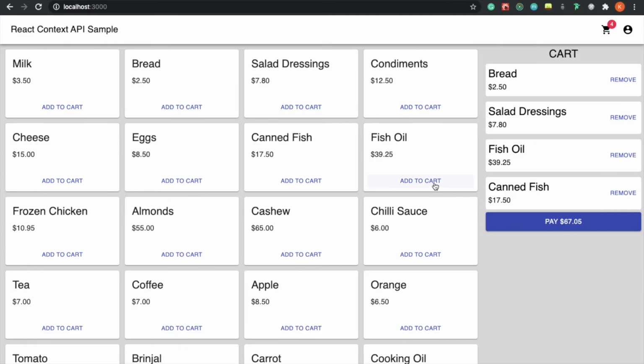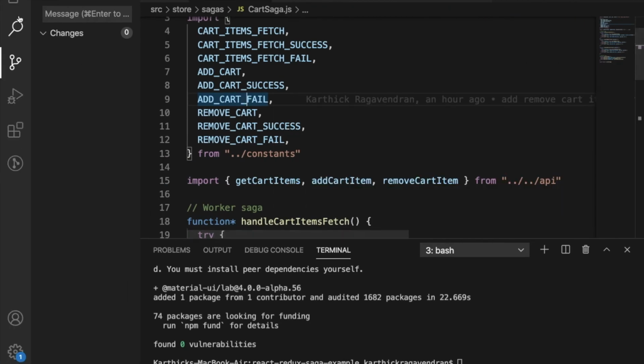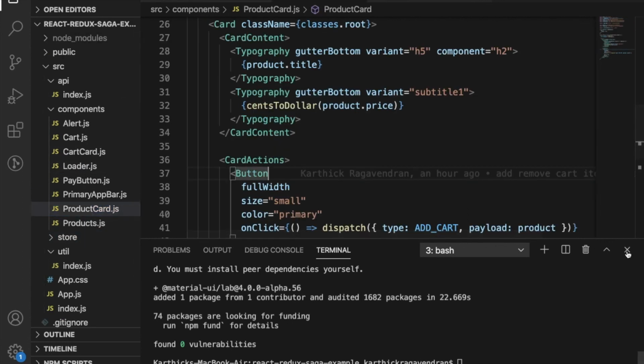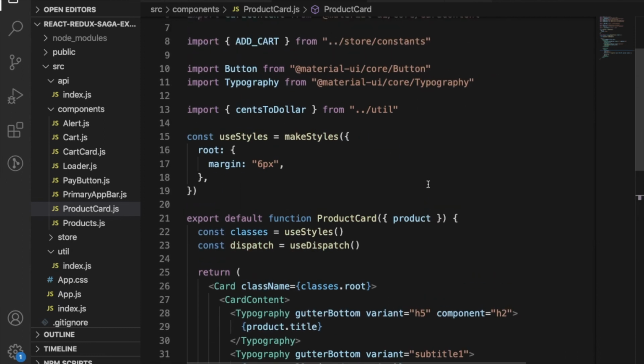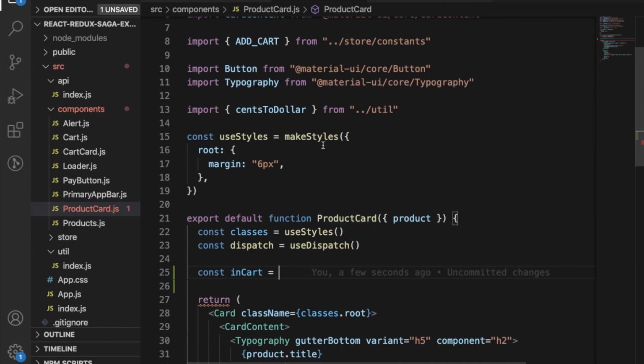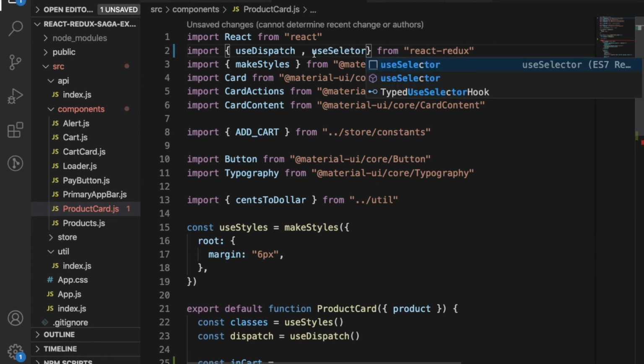So hope you enjoyed. Okay, so as I said, right now this has a bug. We shouldn't allow it to add twice. So in the product card, let's have a check here. Const inCart is equal to... Further, we also need the data from the Redux store. You select